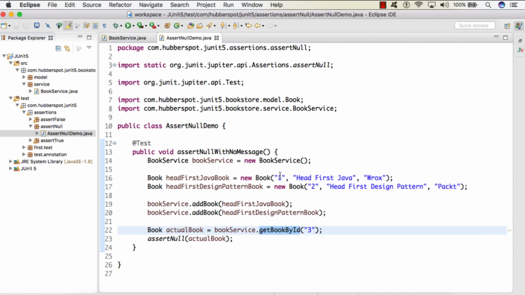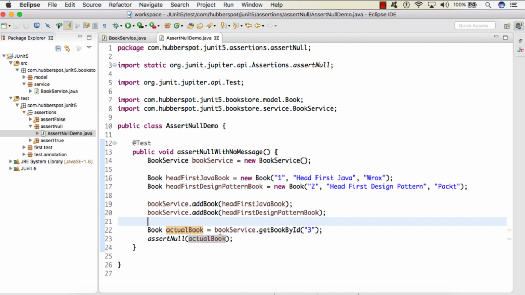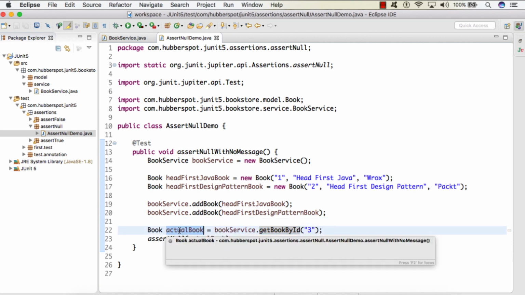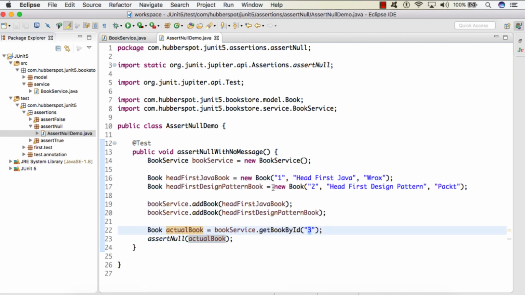This 3 is not present in the list of books, so we are expecting a null value. Whatever is returned from this getBookById method, we are capturing that and asserting that it should be null, because the book with book ID 3 is not present in the list of books.